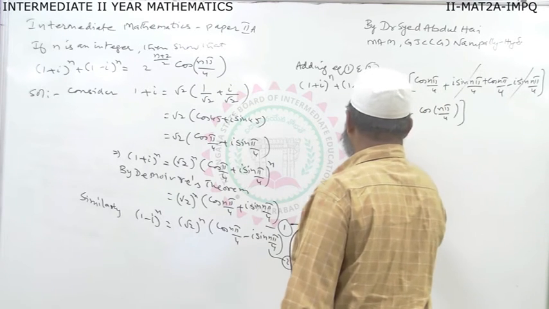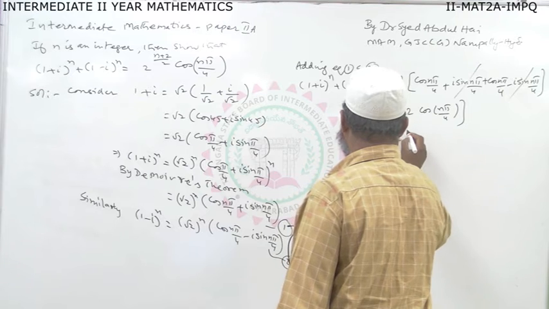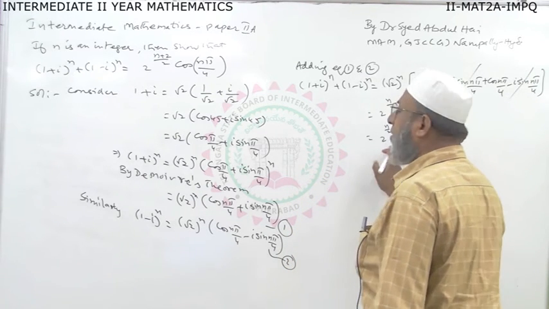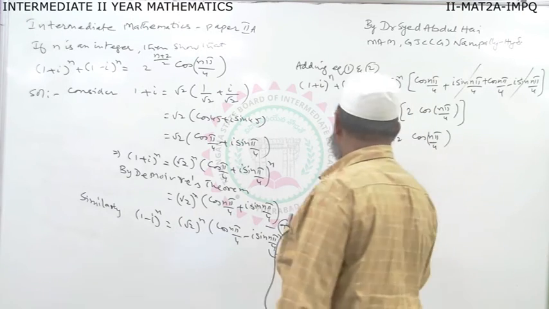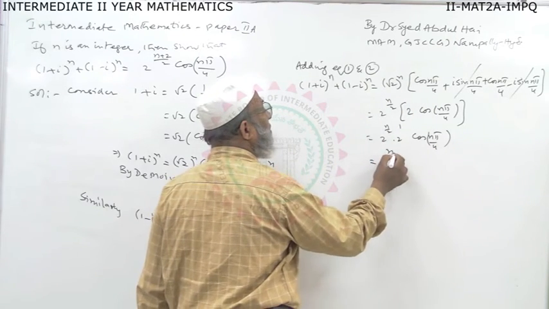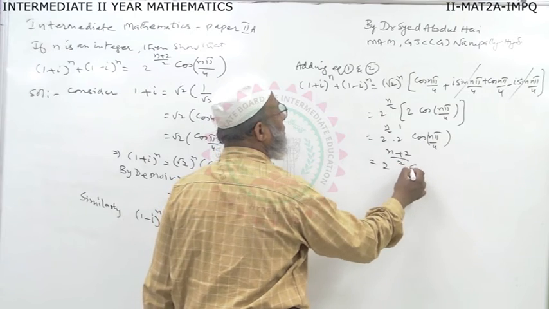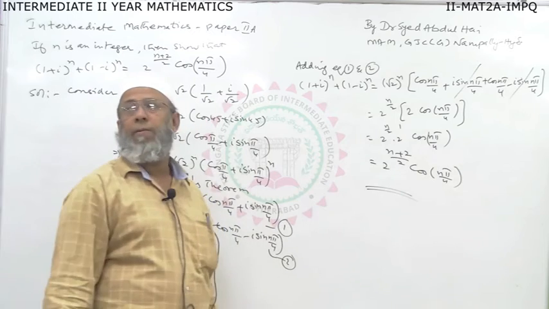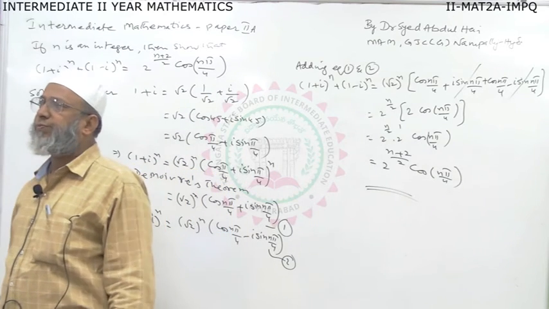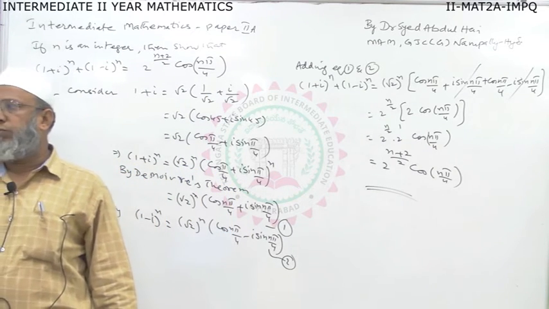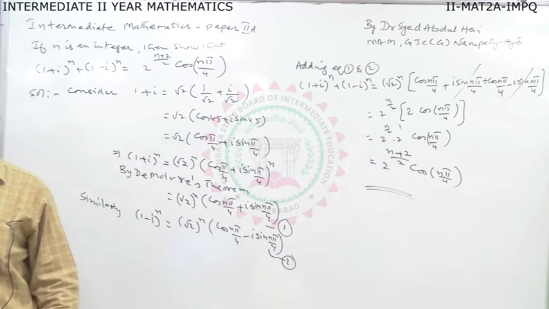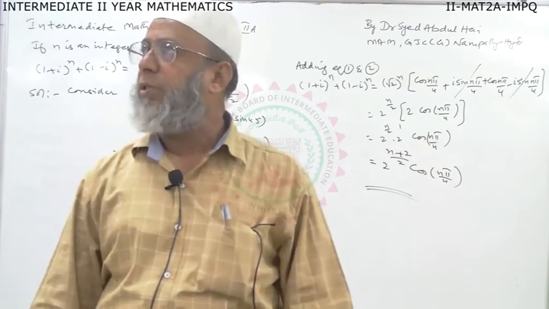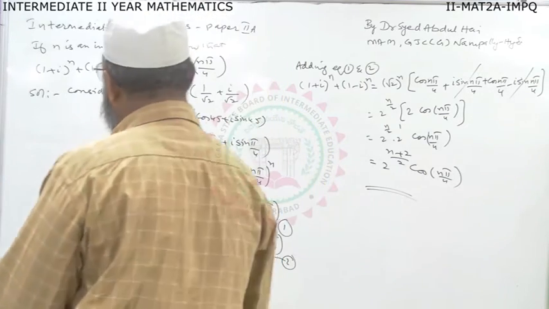So which is equal to 2 into root 2 power of n into cos n pi by 4. Now here this is the same, the powers will be added, which gives me 2 power of (n plus 2) divided by 2 into cos n pi by 4, right? Which is my answer. Okay, this is also an important question from the examination point of view. Okay, now write down the next question with a slight change.